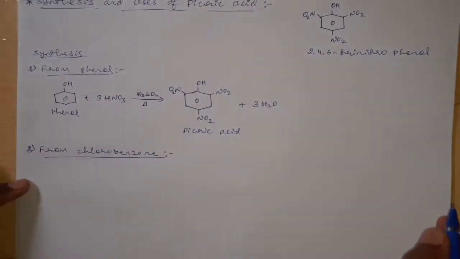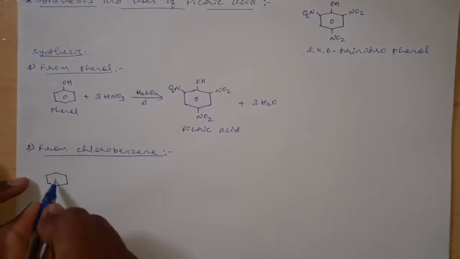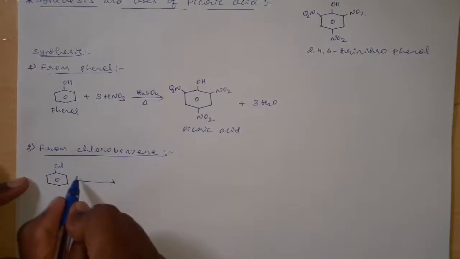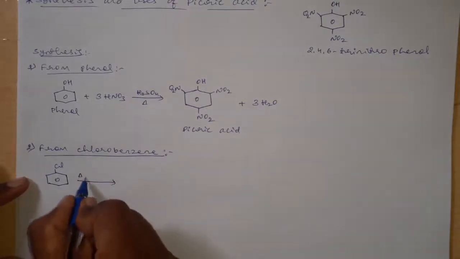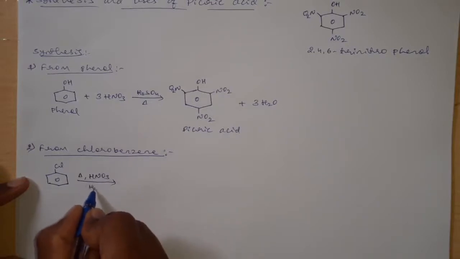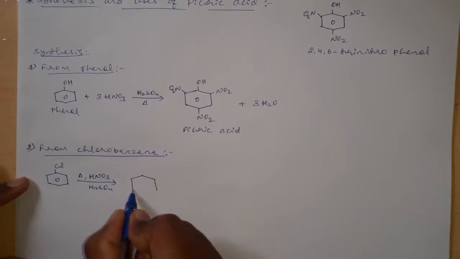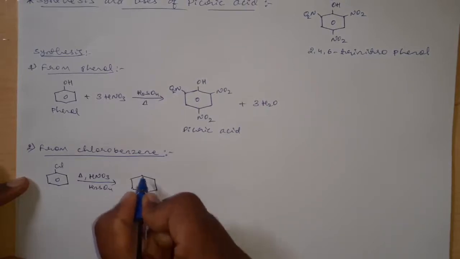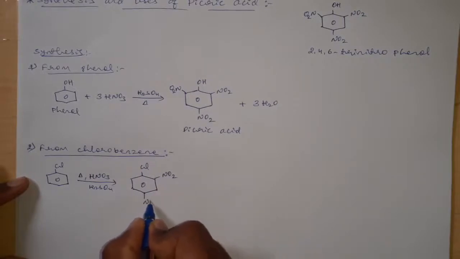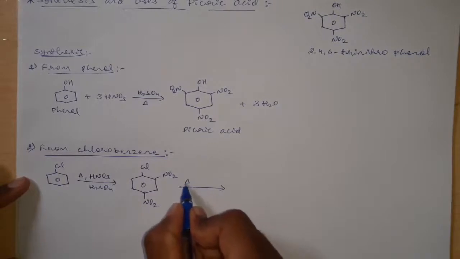When the chlorobenzene is heated with a mixture of concentrated nitric acid and H2SO4, the nitration takes place on the benzene ring at ortho and para positions, and this on heating further with